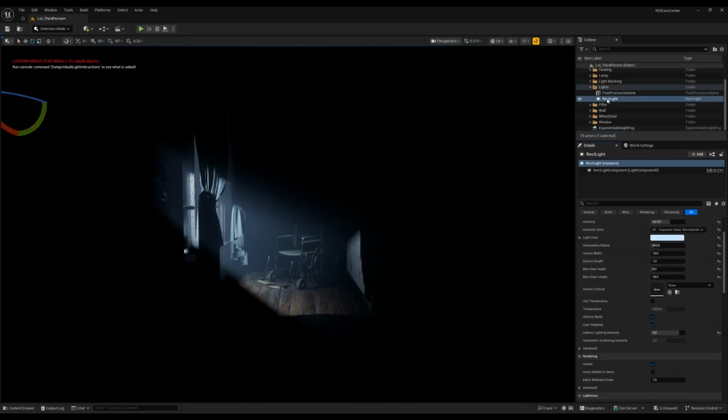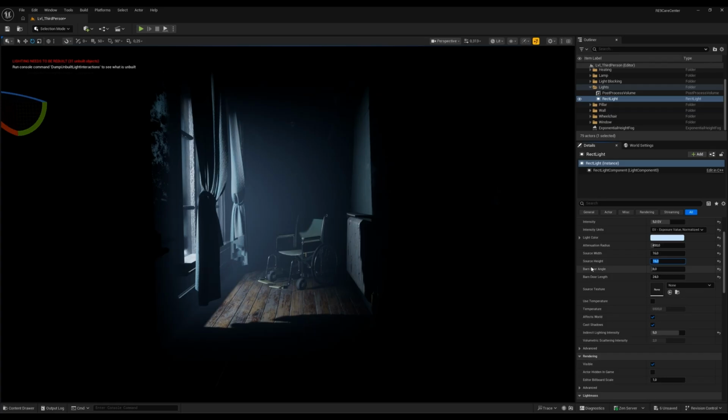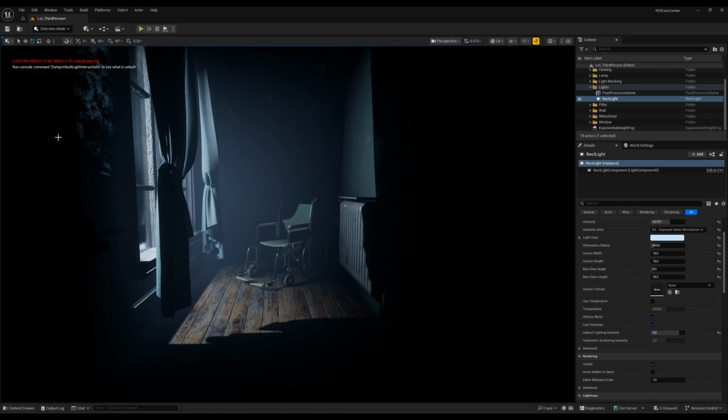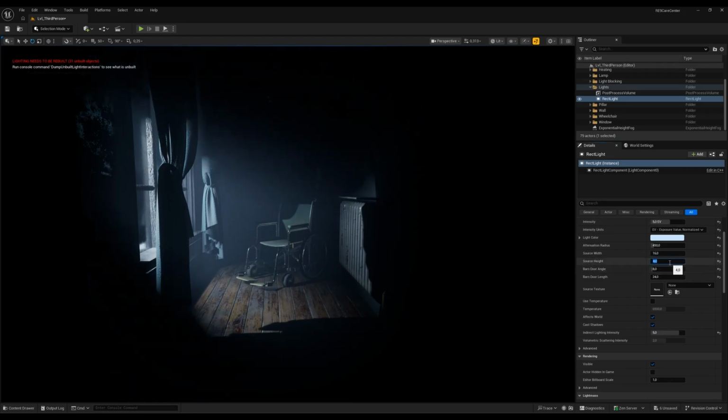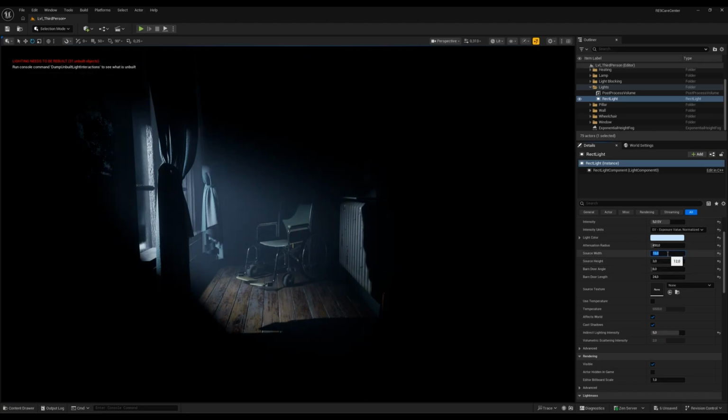Then when we go back to our rectangle light, you need to play with the source height and also the width. Okay, so you need to put this down a little more maybe to get this type of effect, because if you still have this set to 16, then the fog is, I mean, we don't really want to have fog here. Okay, so we really want to have this directional detailed effect. So make sure that you put this maybe down to something like 4, even 3 source width. Yeah, let's do 12, and the height, let's do,